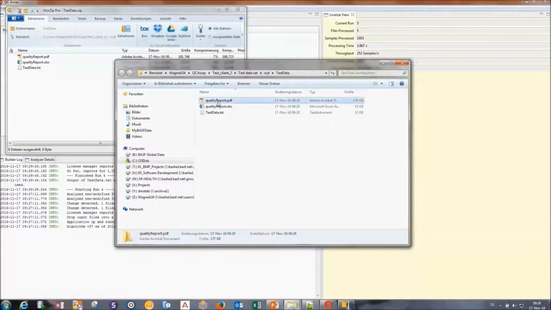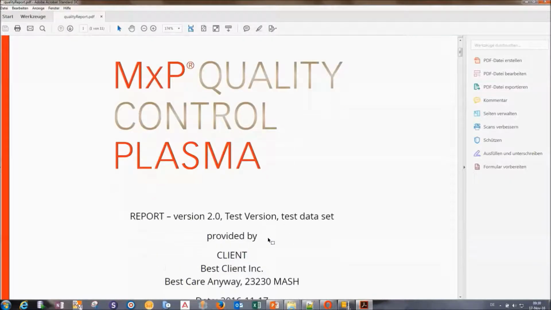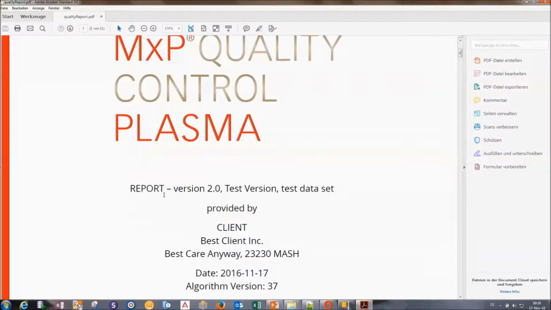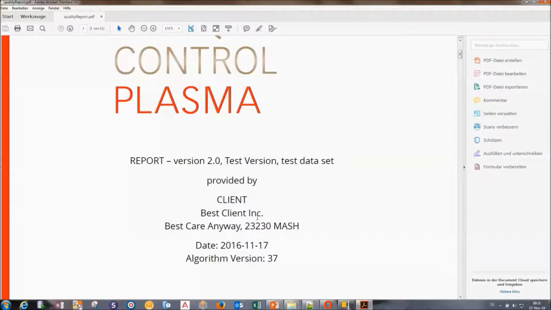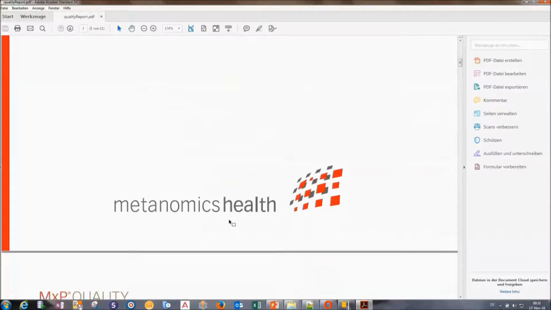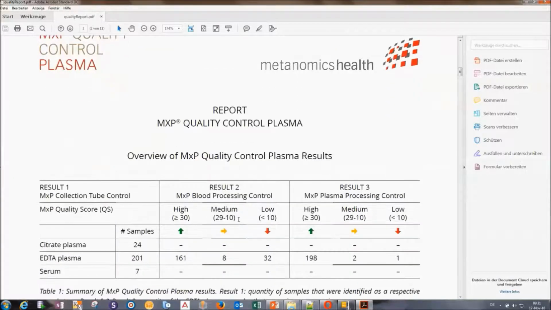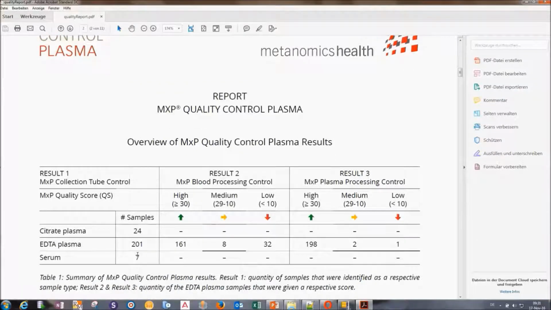Now if I click on the quality report, we see on the cover sheet that in here you see the project name that you specified with the second configuration file, and you see the client name that you specified with the first configuration file. So after that, we have an overview over all the results of our